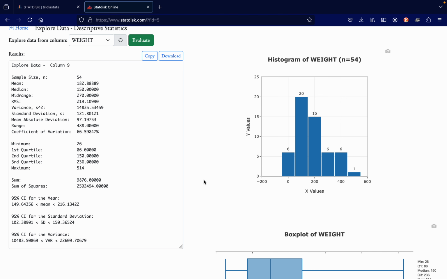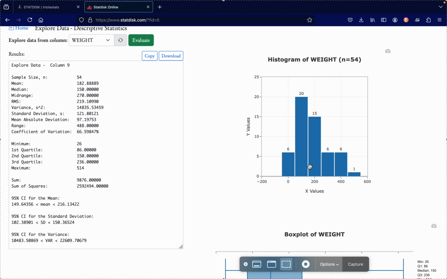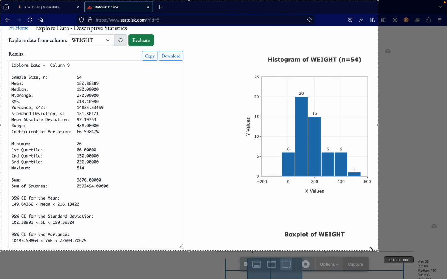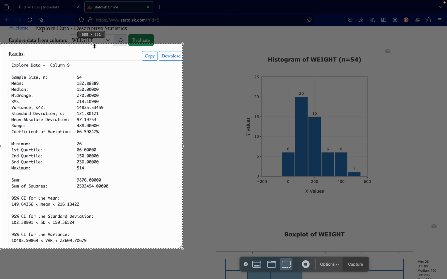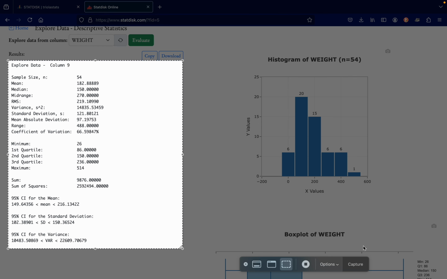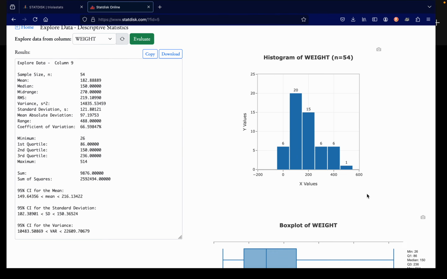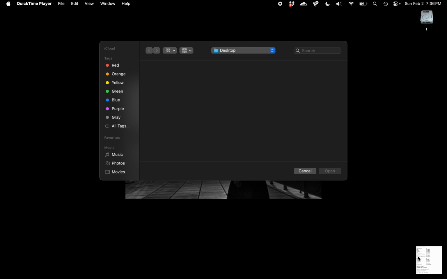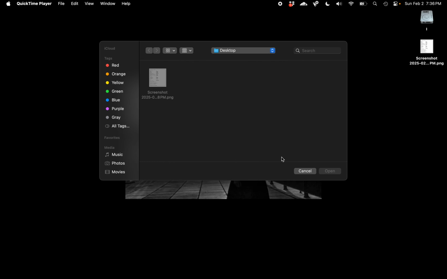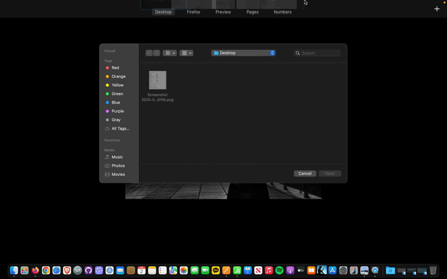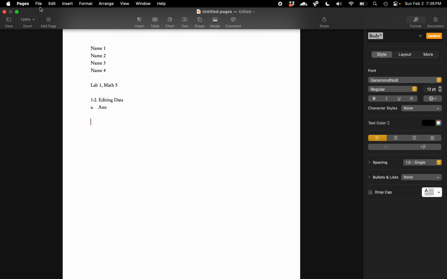What you want to do is use this part right here. And so now we'll just take a screenshot. So let me just take this part right here. And we'll capture. And so that's a screenshot of the data that we got. And now I'm going to go to my Pages, right?